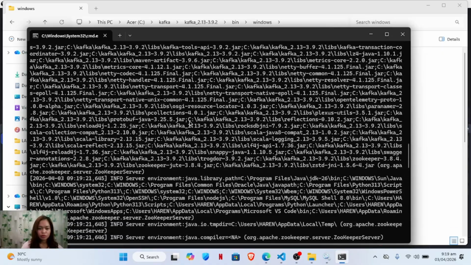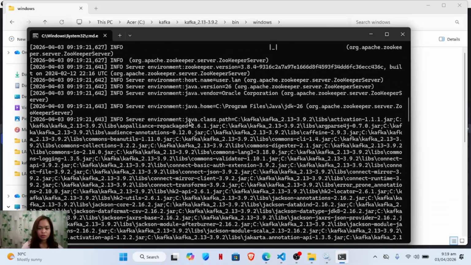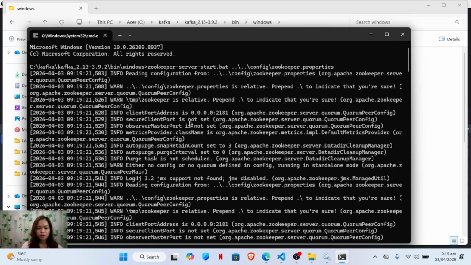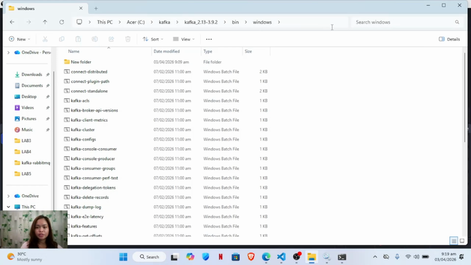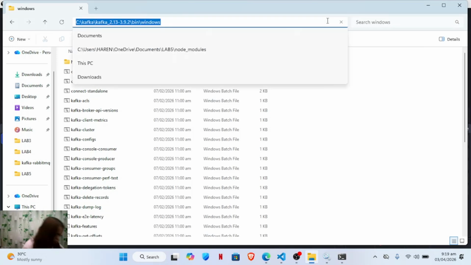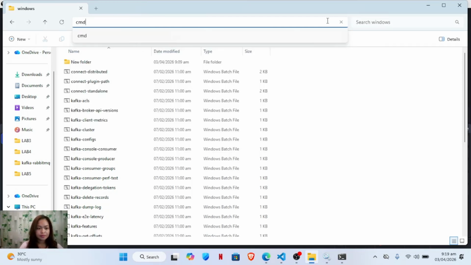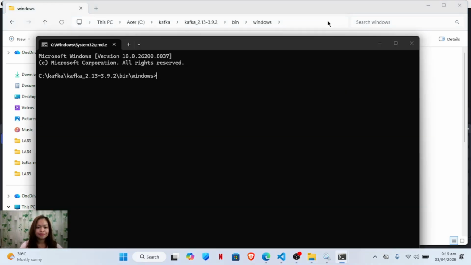If you're done running Zookeeper, you may now proceed to Kafka.